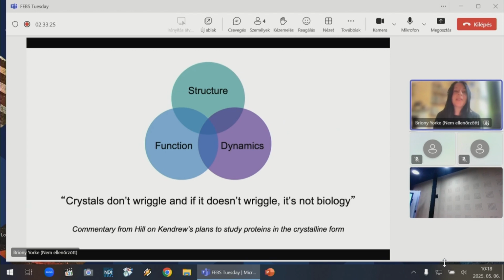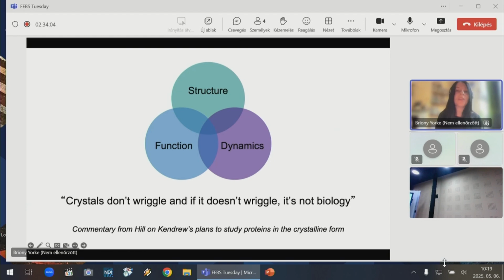So being interested in X-ray crystallography, we've shifted. Initially, X-ray crystallography was very powerful for helping us to understand protein function by looking at structure. But when John Kendrew first suggested that he wanted to crystallize proteins and understand their structure, he was criticized because crystals don't wriggle, and if it doesn't wriggle, it's not biology. But luckily for us, the proteins inside crystals can wriggle, and we can see how dynamic changes link structure and